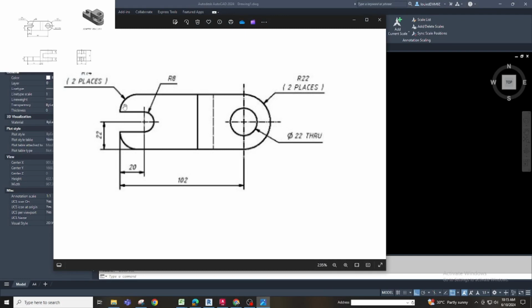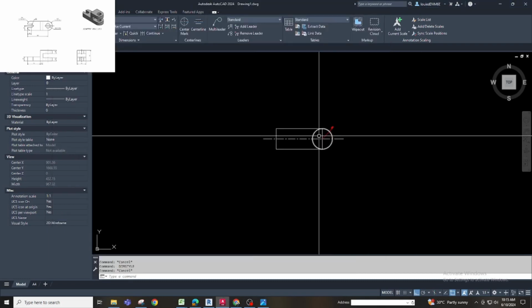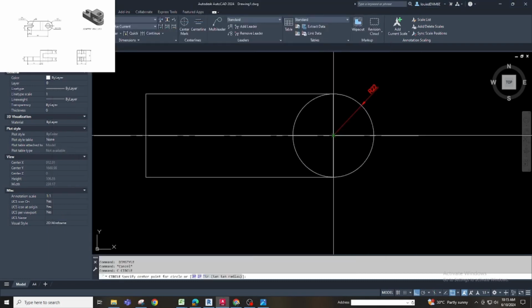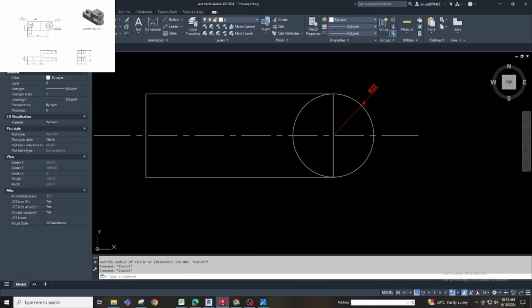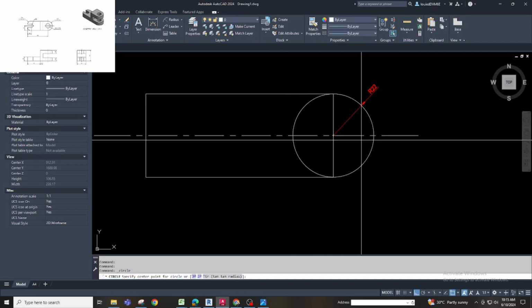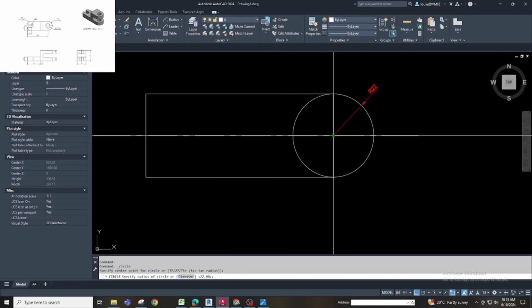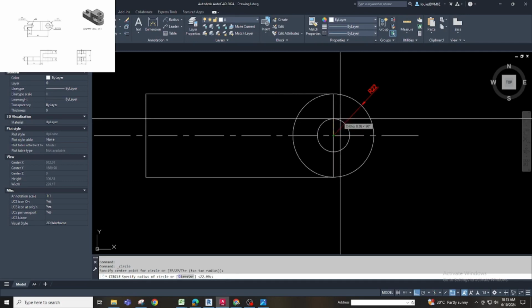So the next thing you will make is this circular, this one, or this one. You can make this circle. The diameter of this is 22, so we will make 22. So circle, choose here circle, or just make C for circle.